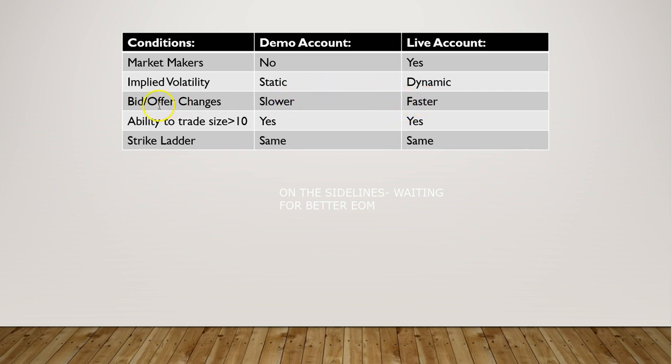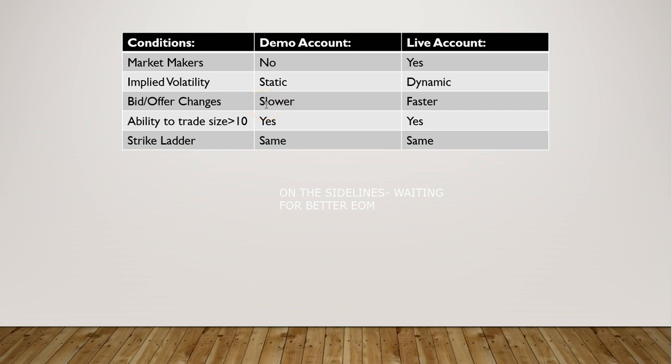Now the difference between the bid and the offer may be a little bit different between the demo and the live, but in most cases it's pretty close together. Sometimes you may see a bid that's different than what you're seeing on the live account, and that will happen, but in most cases they're going to be real close,